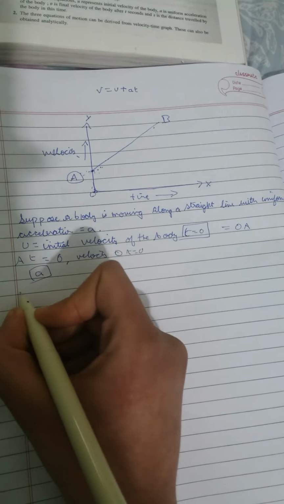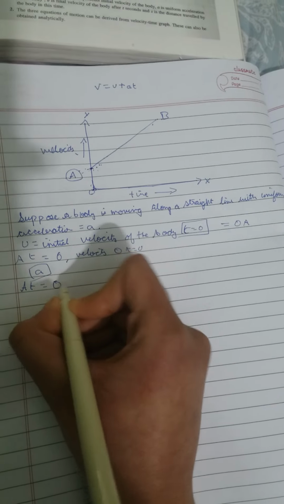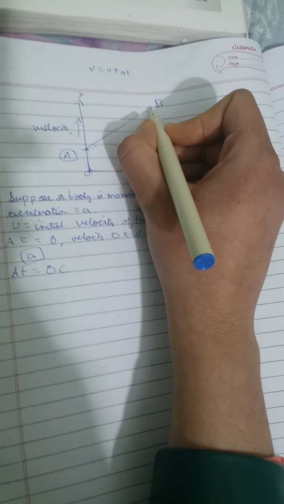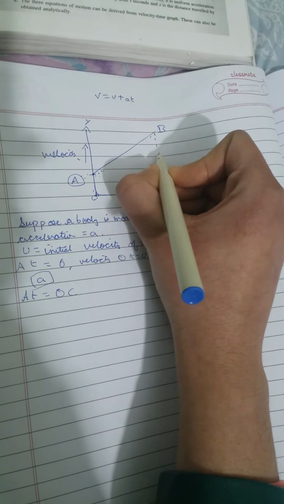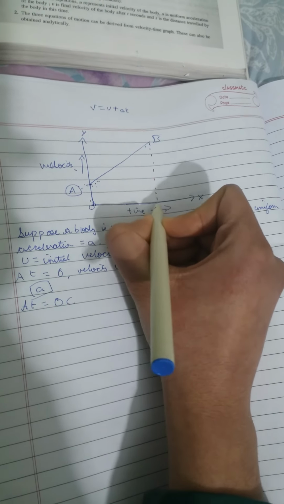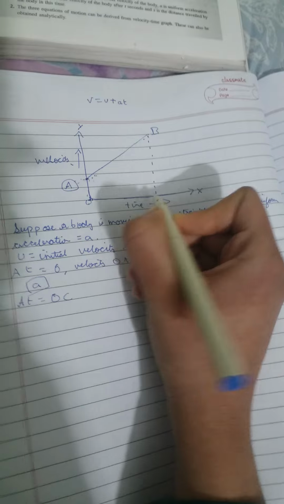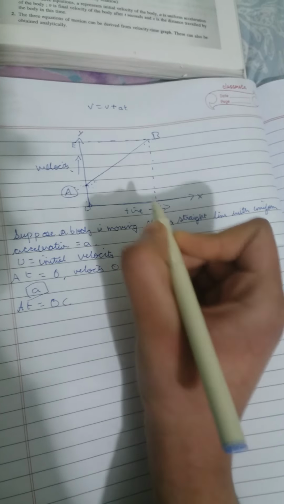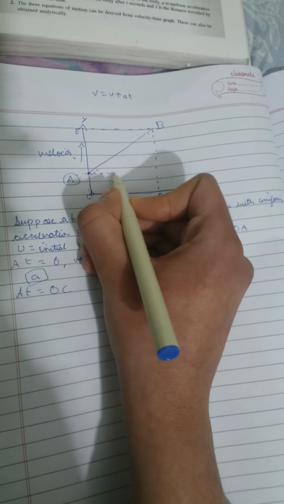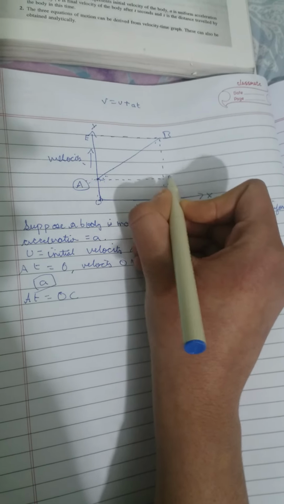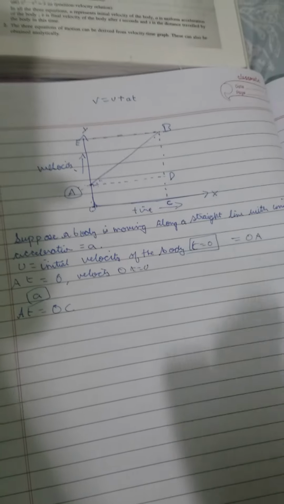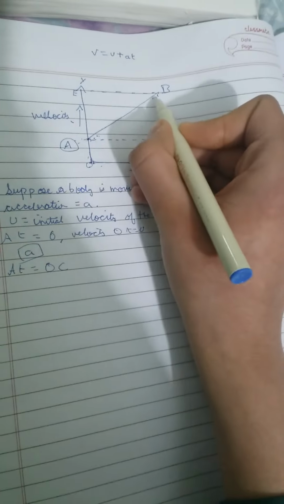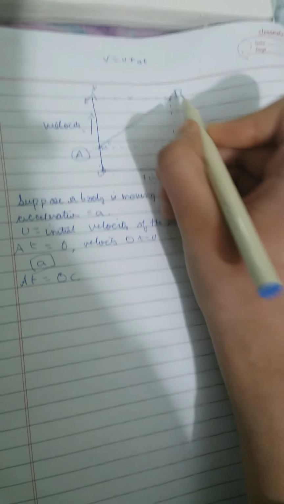And at time is equal to OC, we're going to have to draw perpendiculars. We'll draw one perpendicular here, just to prove it. So this is C, and here we'll draw it up to E, and we'll have to draw one more here, D. So this is the construction required. Let's take OC as the total time, because you can see this is touching here. So this is the final time until the graph we are given.